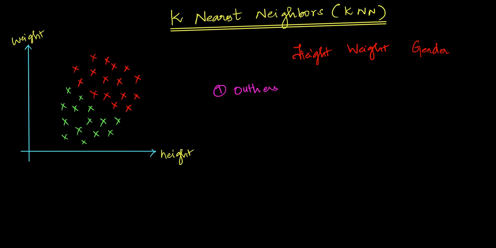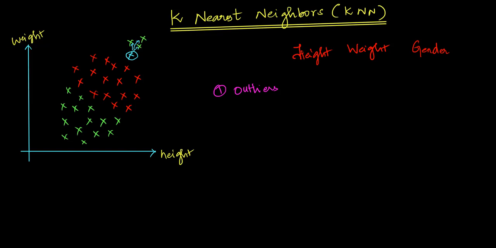Say, for example, in this particular example, there are three female students who are very heavy and tall compared to everyone in the college. In that case, if a male student appears like this, if a new data point appears here, and we calculate the nearest points for this new point, it will be classified as a female student, whereas this student is a male student. So these outliers can have a potential impact on determining the k nearest neighbors. If your data set has a lot of outliers, then k nearest neighbors will not work properly.